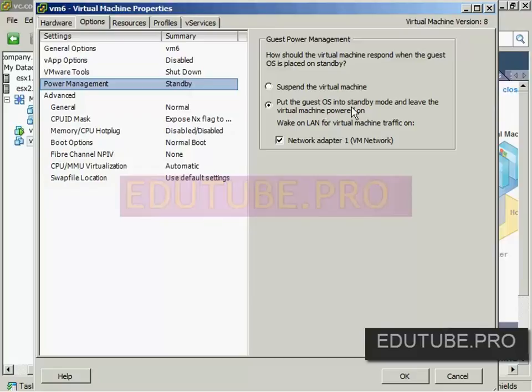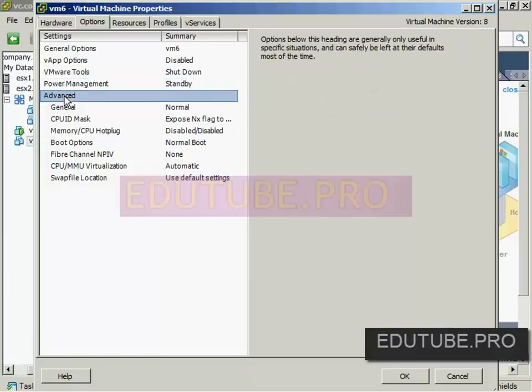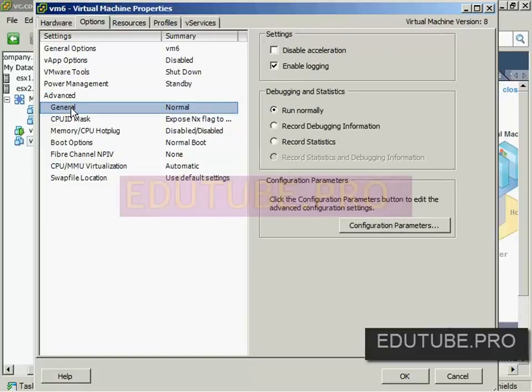Down versus powered off? Do you want to suspend it or anything else really? Do you want to restart it or actually reset the VM? Do I want to run the scripts associated with that? Do I want to upgrade the tools during the next time I power cycle a machine? So all of these are items that you would choose to interact with the VMware tools and what it will